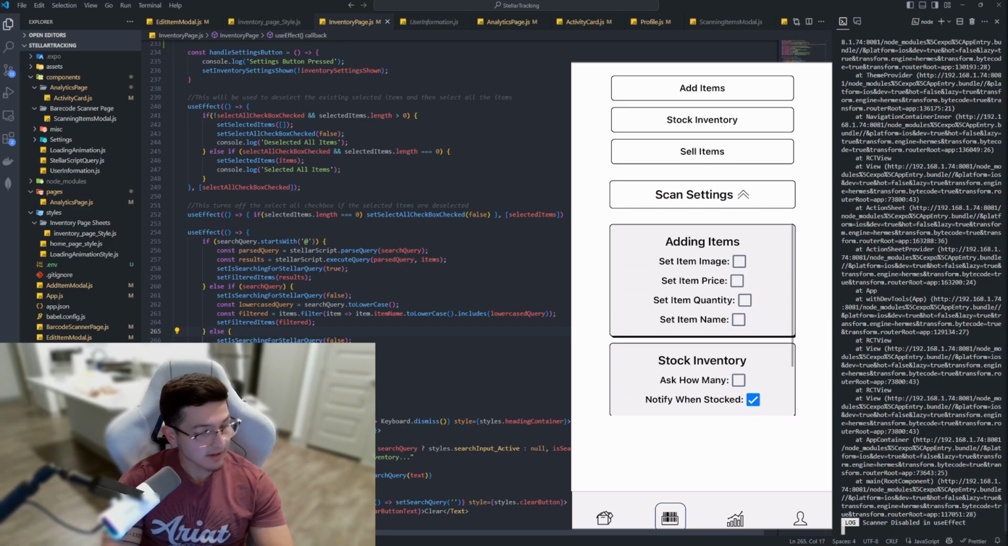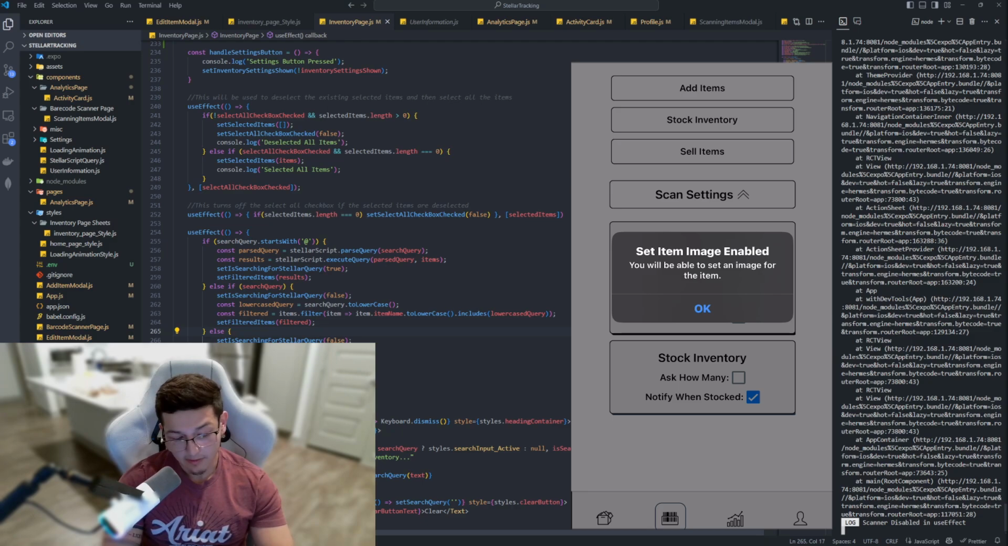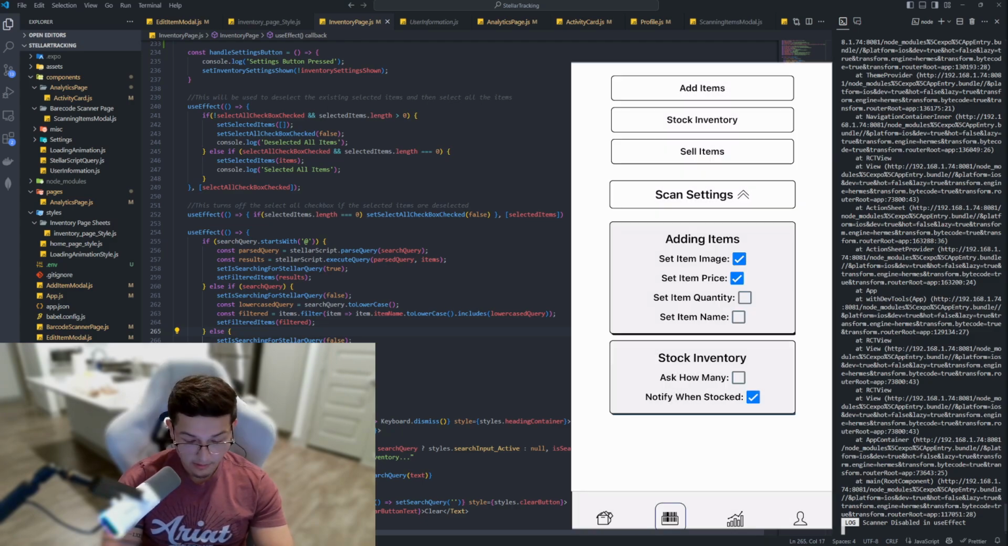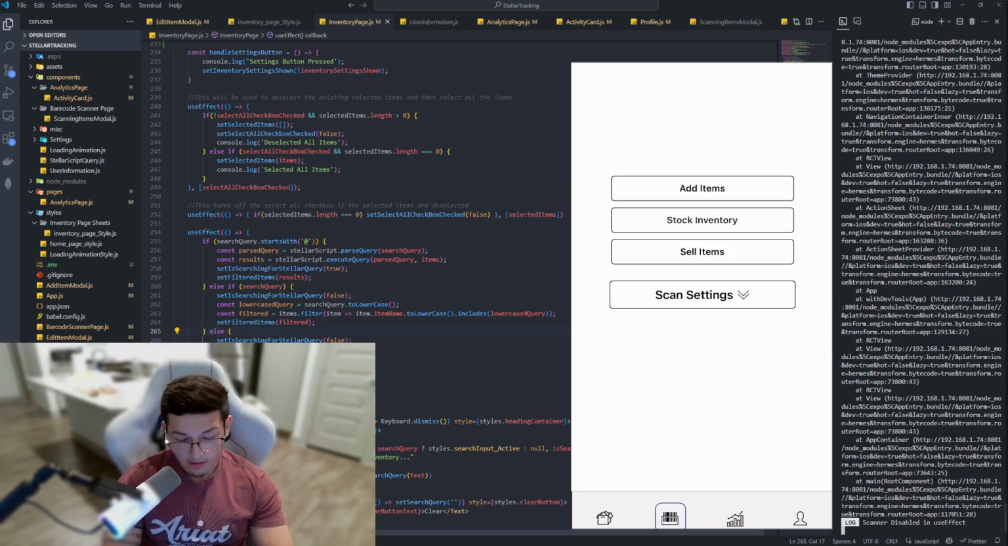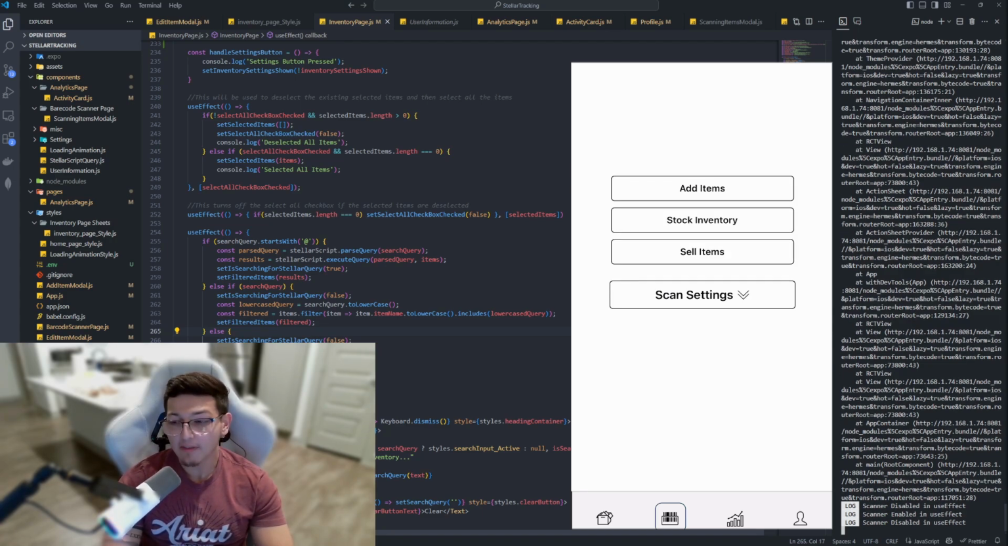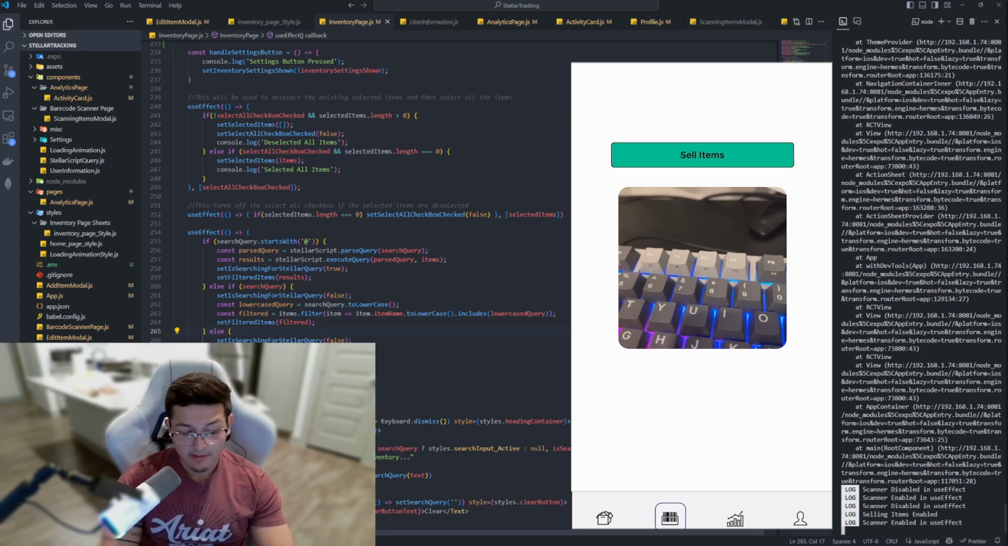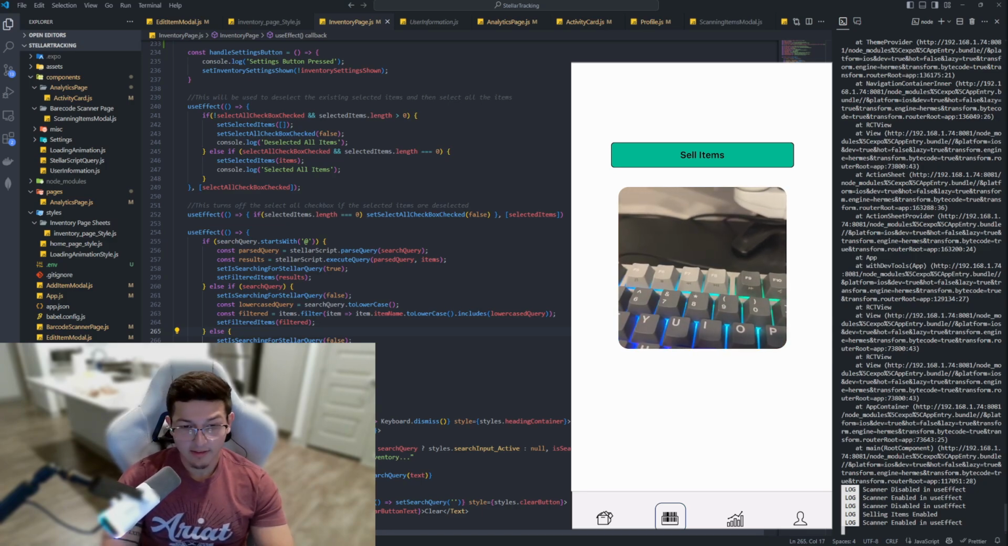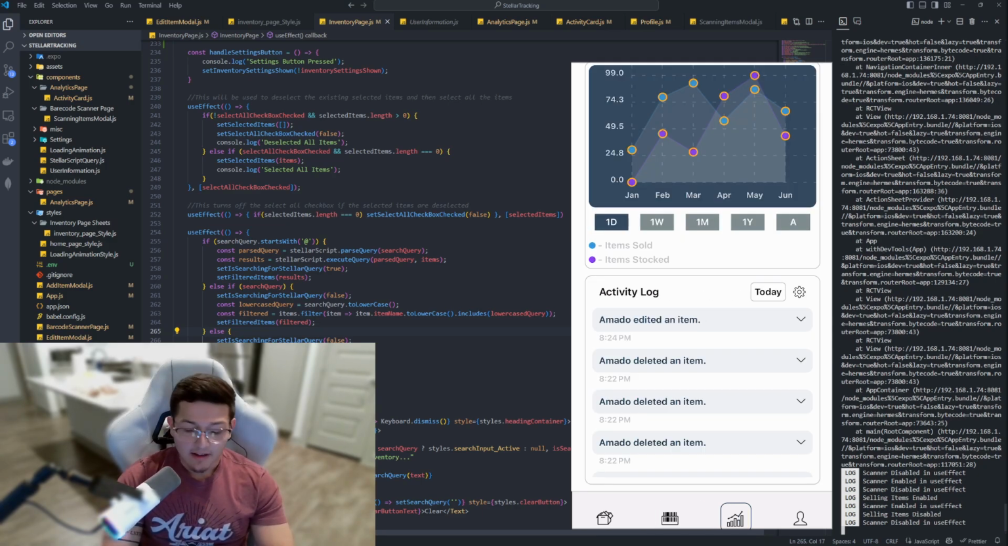You could adjust some settings right here. Whenever we're adding the item, do we want to set the item image? Do we want to set the item price, quantity, name? And for stocking the inventory, it's the same thing. If the inventory does not exist, it will prompt you if you want to add the item. Right here we could sell items. It will just decrement from the quantity, and of course all these will add to the logs